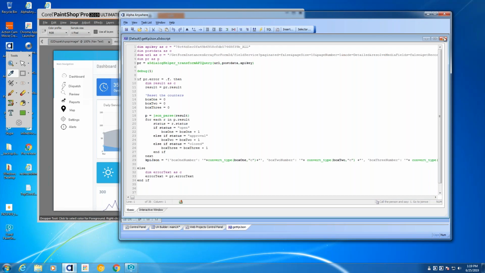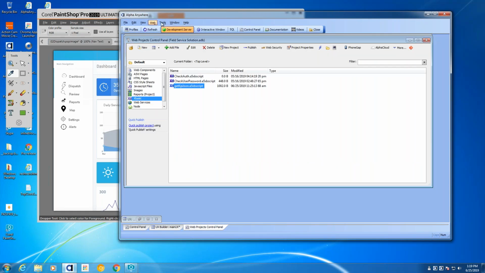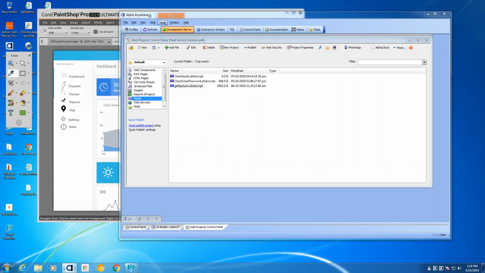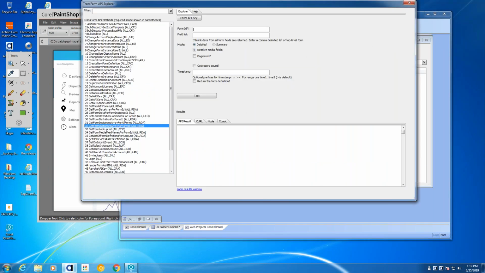Oh, I'm sorry, I forgot to show you something really relevant. I forgot a totally key step here. Let me go back. Open TransForm API Explorer, field services test. And there is, oops, do I not have a field? Maybe it's just called field service. There it is, yeah. Okay, now that I know that this test worked,